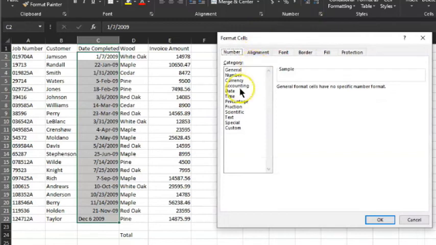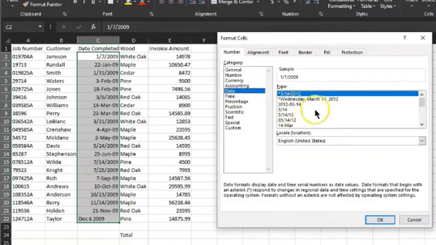We're going to go down to the word date. You have a list of all the different dates that you can choose from. I like to choose the one that has the day of the week in there, and the computer will put that in for you. And once you click OK,